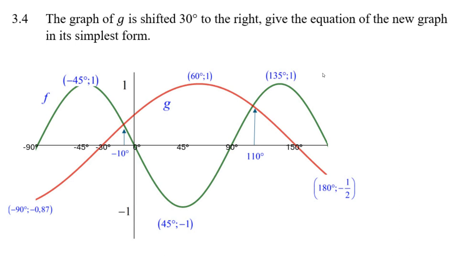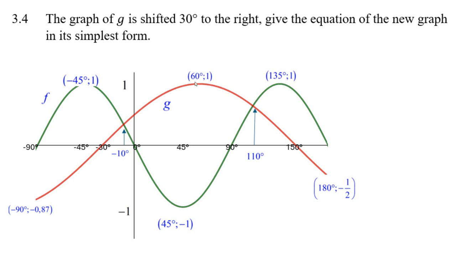This is the last question of the trig graph section of the tutorial, and it says the graph of G is shifted 30 degrees to the right. What would the equation of the new graph in its simplest form be? Well, if we shift this graph 30 degrees to the right,